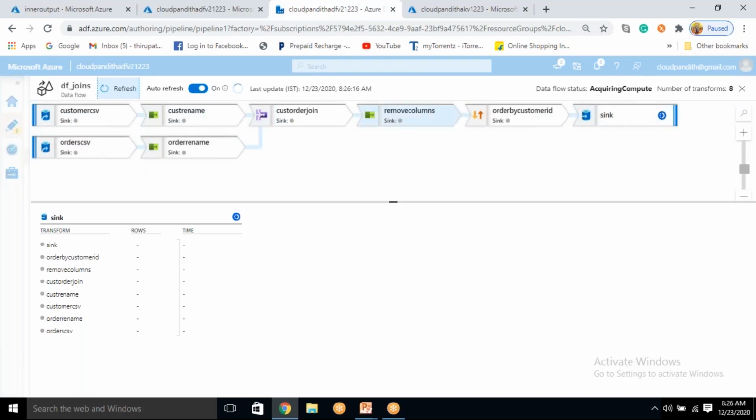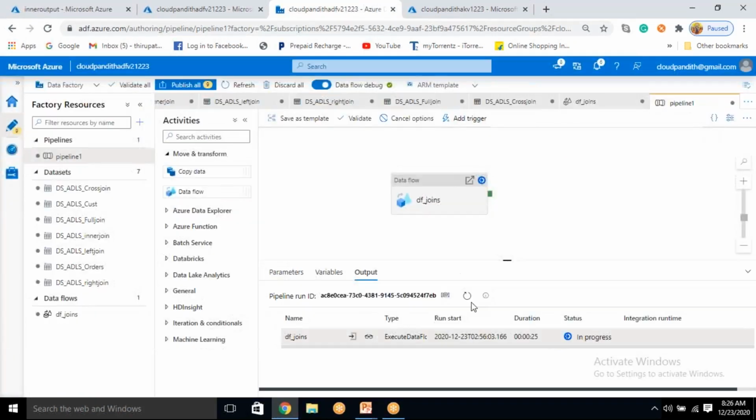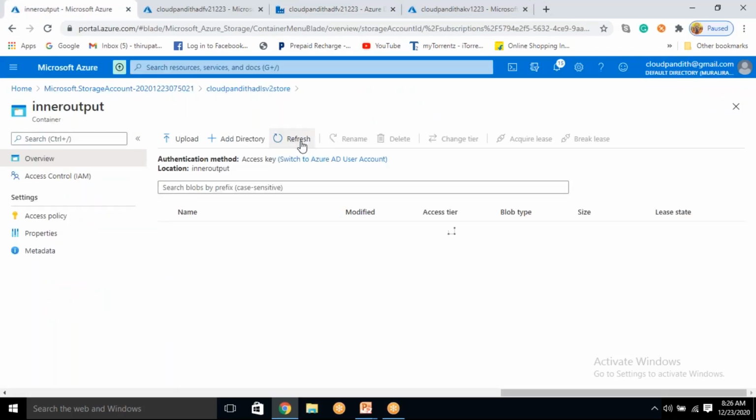Once the job is finished, in each level how many partitions we have, how the data is transformed, everything you can preview it. Yeah, let's see. Okay, it is done. Now come to inner output, click refresh. You see data.csv, just click on that,